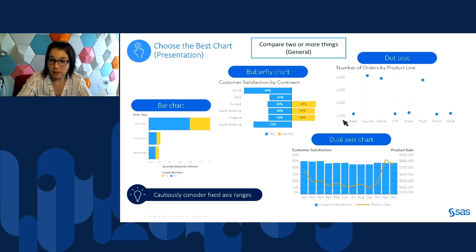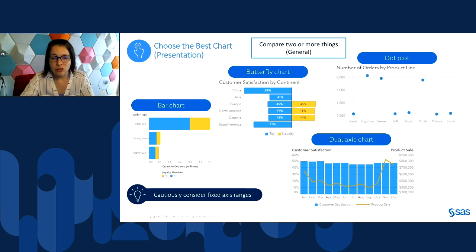Notice in this one specific example, the dot plot doesn't start at a 0 baseline. There are certain charts that you can use for that purpose. You can also use a butterfly chart to compare two opposing groups, or a dual axis chart to compare two measures over time, over an ordinal value, or just over regular values.